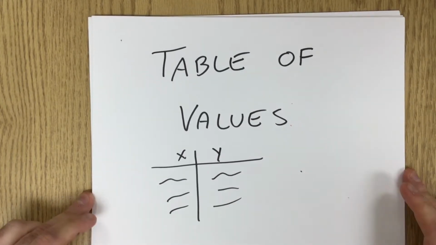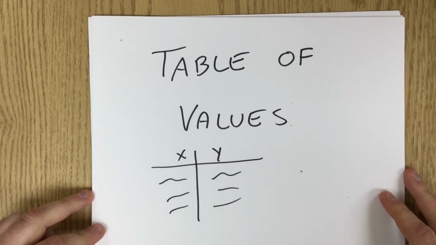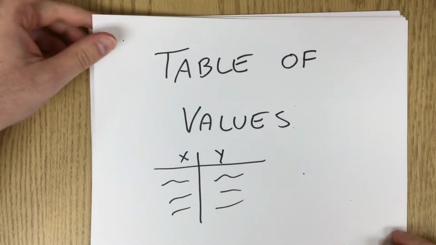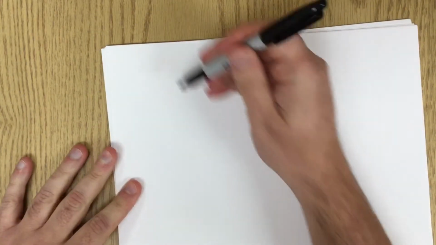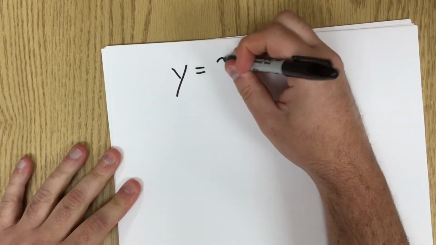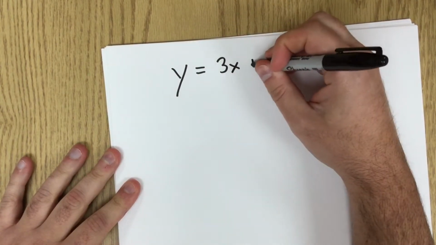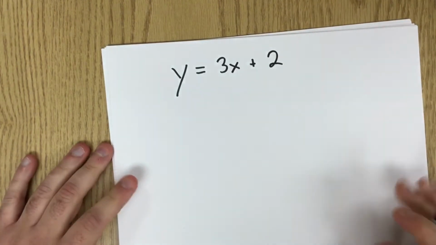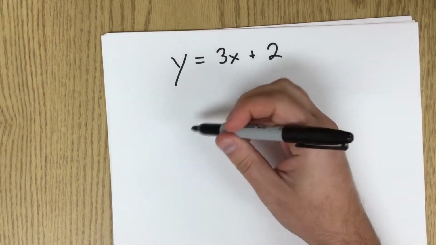There are times when you're going to have to fill out a table of values. I'm going to show you how to fill out a table of values. So what you'll often have is an equation. So let's say, for example, our equation is y equals 3x plus 2. Then what you may have